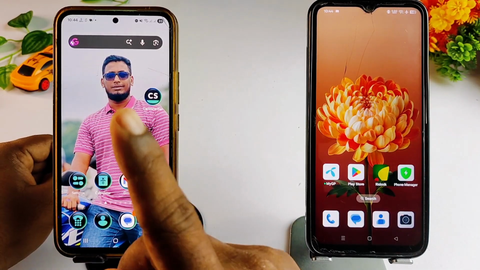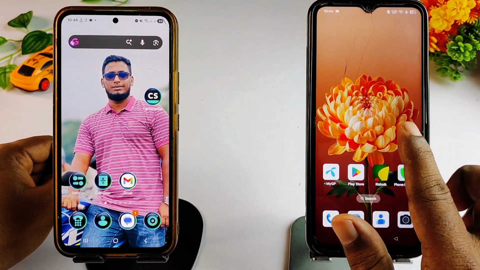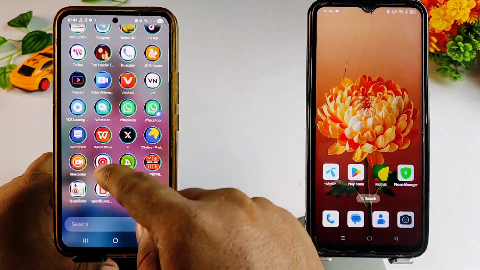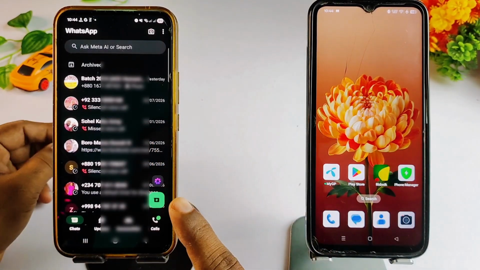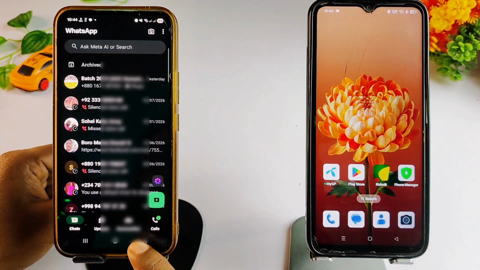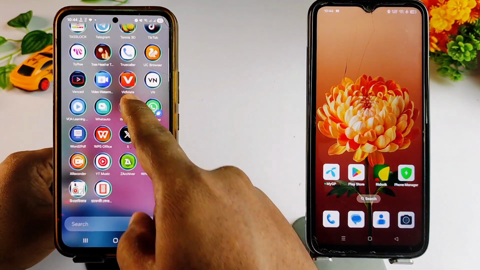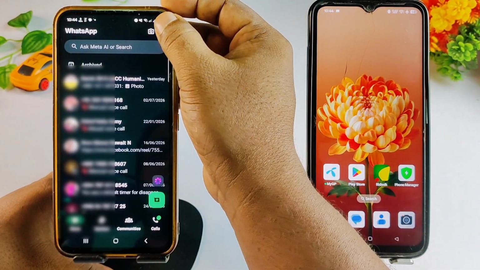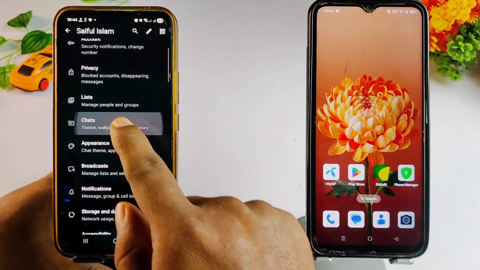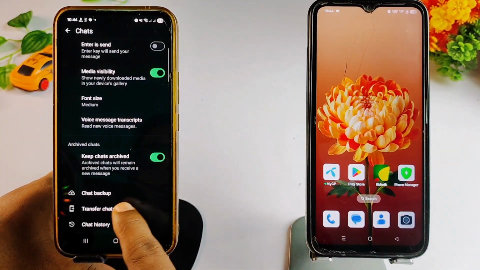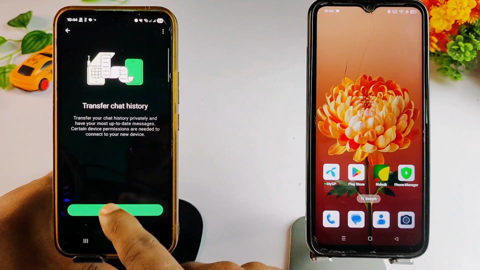So let's start. This is my old phone and this is my new phone. I'll transfer all kinds of WhatsApp chats from this phone to this phone easily. What I need to do is enter WhatsApp on my old phone, then click the three-dot icon, then settings, then chats, then transfer chats, then start,